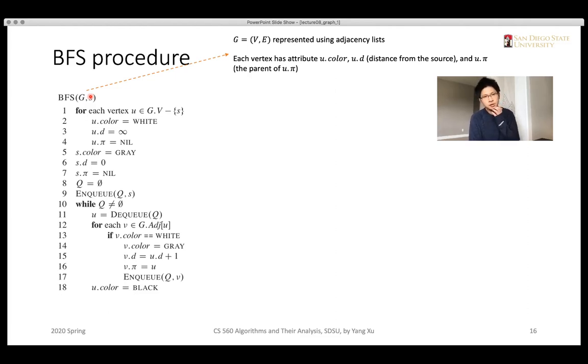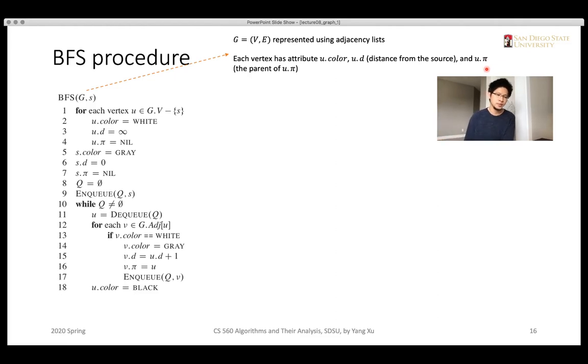We also assume that each vertex in the graph has an attribute called color, which indicates whether it's white, gray, or black. It has a second attribute D to record its distance from the source, and a third attribute pi to record its parent node